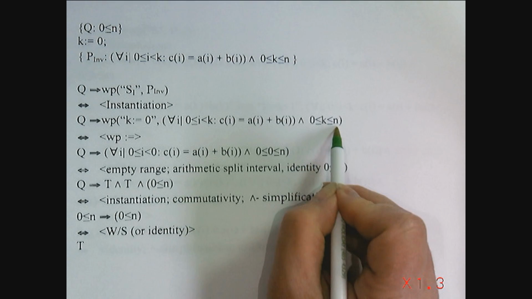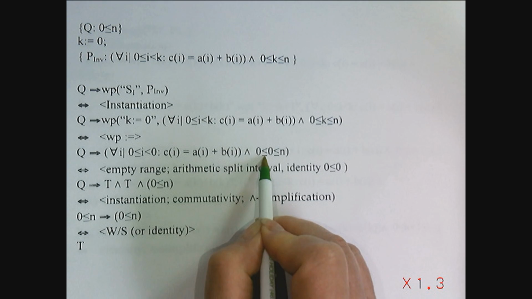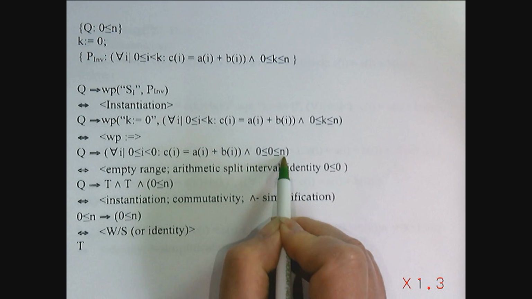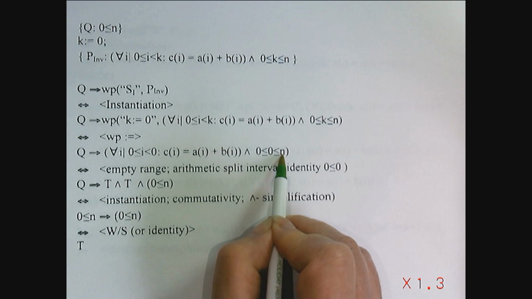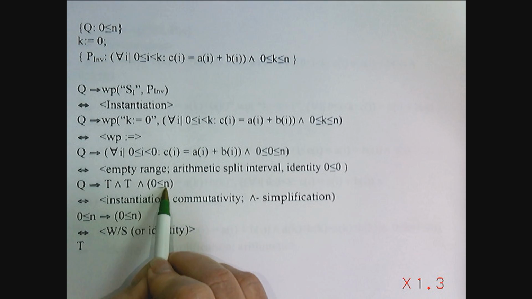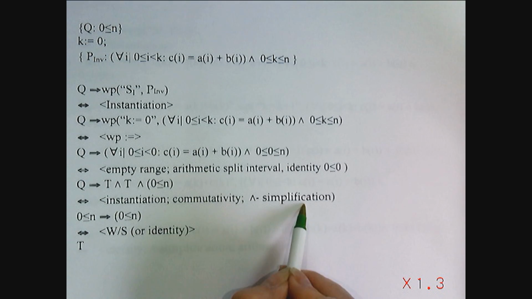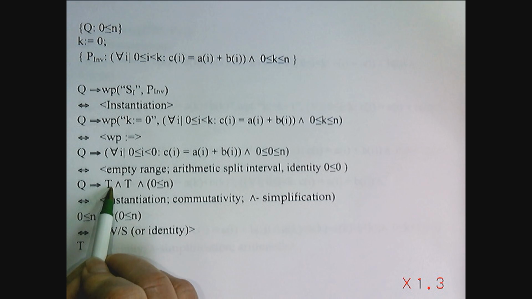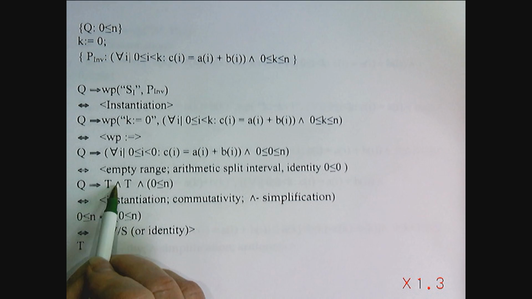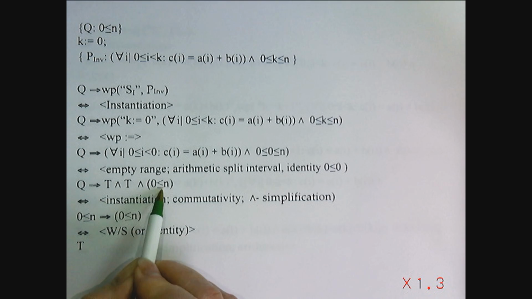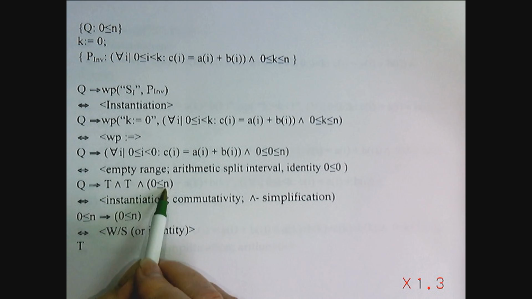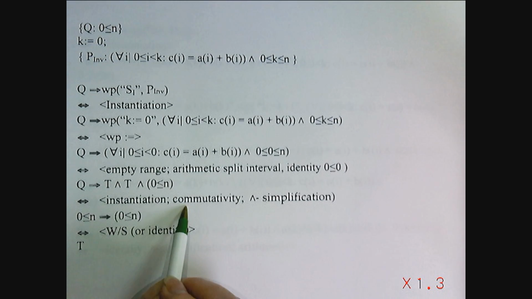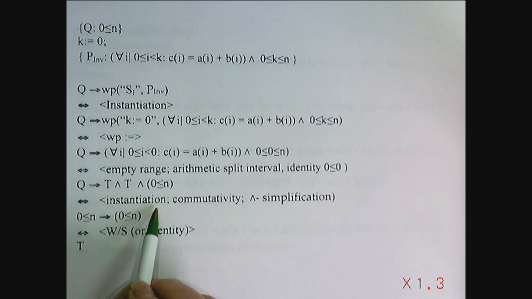Then the interval that I find that I have is that 0 is less than or equal to 0 and 0 is less than or equal to n. And I can split it into those two pieces. 0 less than or equal to 0 is true. So it simplifies to 0 is less than or equal to n. In fact, by and simplification, the right-hand side of the implication is going to simplify to 0 is less than n. It's not exactly in the form of and simplification, but I know I can reshuffle using commutativity and associativity.